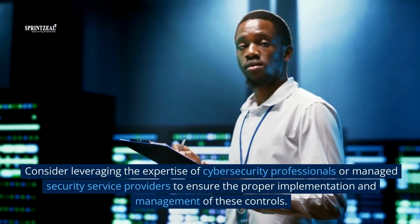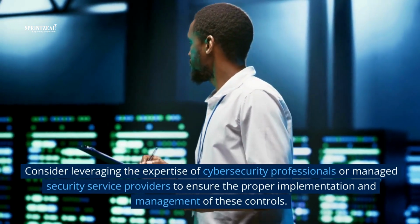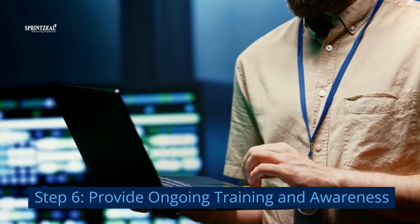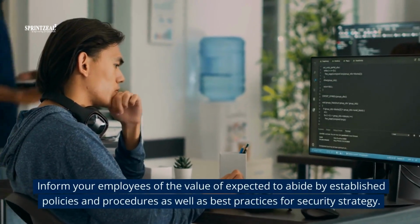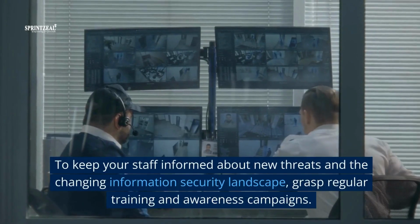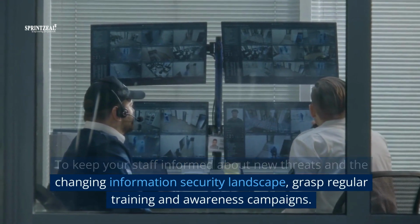Consider leveraging the expertise of cybersecurity professionals or managed security service providers to ensure the proper implementation and management of these controls. Step 6. Provide ongoing training and awareness. Inform your employees of the value of security and that they are expected to abide by established policies and procedures as well as best practices for security strategy. To keep your staff informed about new threats and the changing information security landscape, organize regular training